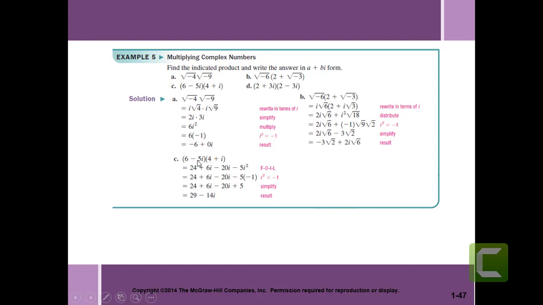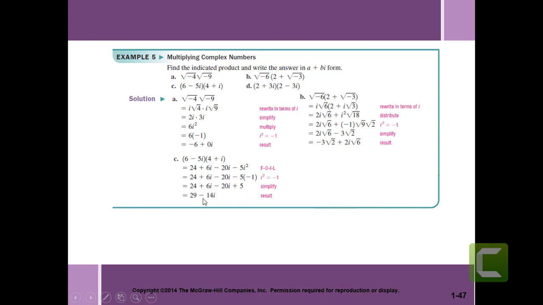So minus 20i. Then we got a minus 5i, times i, which is going to give us a minus 5 times i squared, which is -1. So we get minus 5 times -1. And so now if we simplify this, what do we get? We get 24 plus 6i minus 20i plus 5. And then if we rearrange and add, well, this gives us negative 14, and these two add up to 29, and so we write the